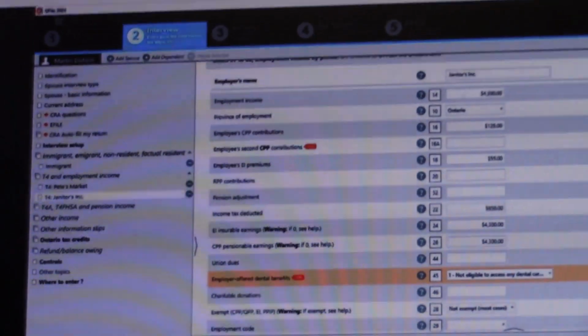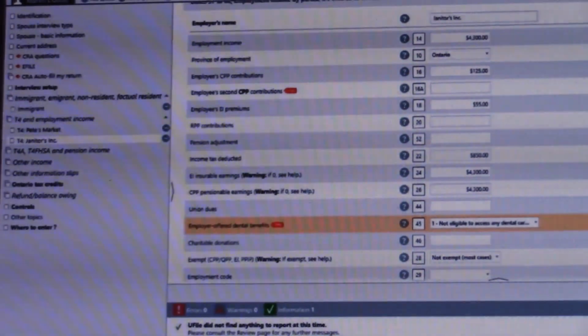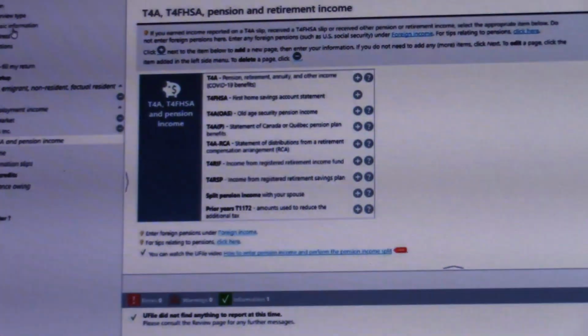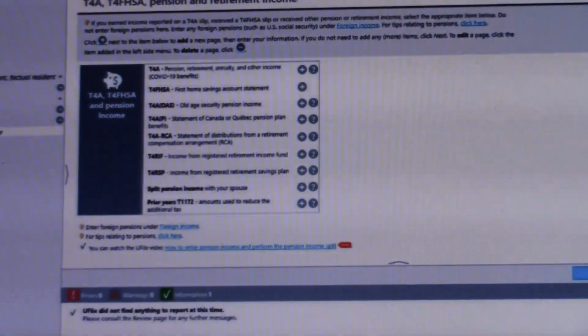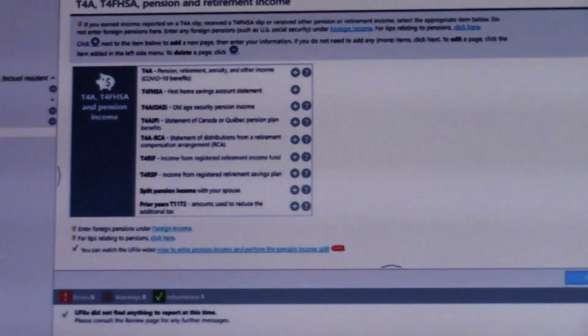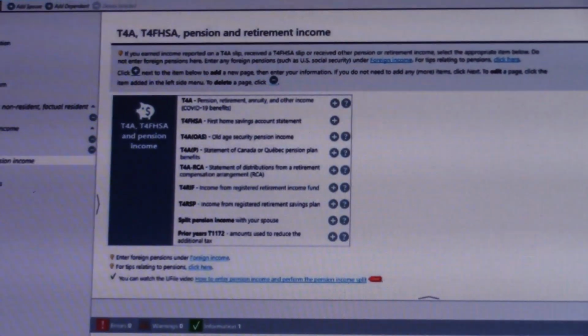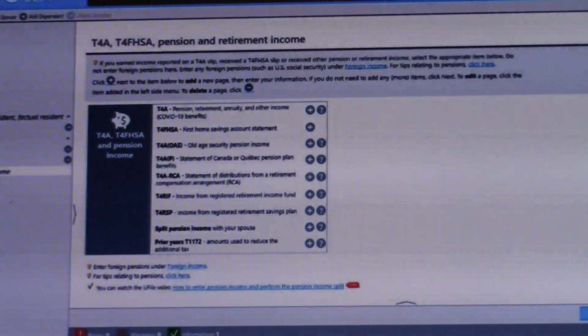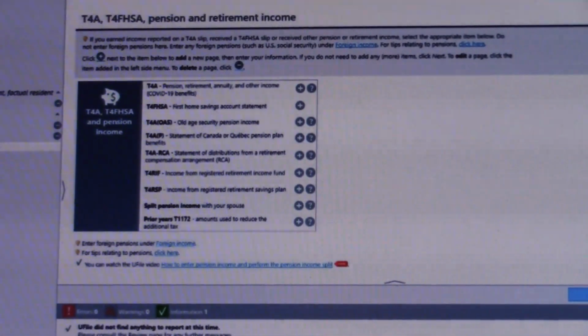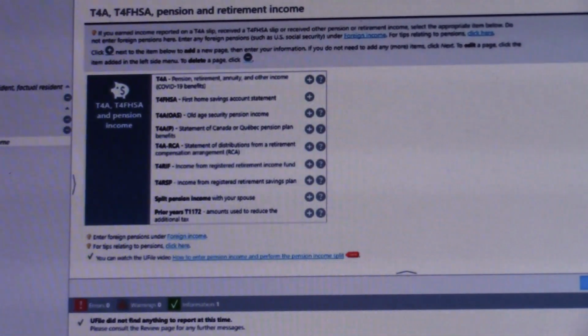So this concludes Martin's interview. Review the tax return to ensure the information is correct. But since Martin is living in Ontario, we are going to claim Ontario credits for him. One minute, please. Ontario,